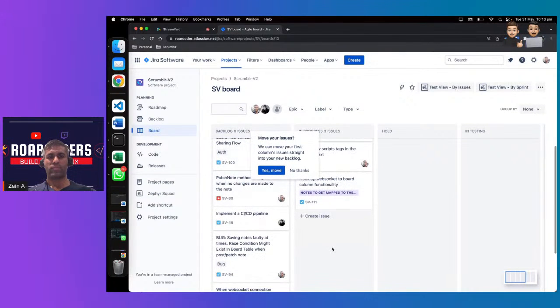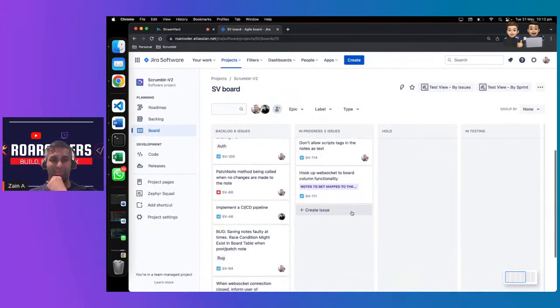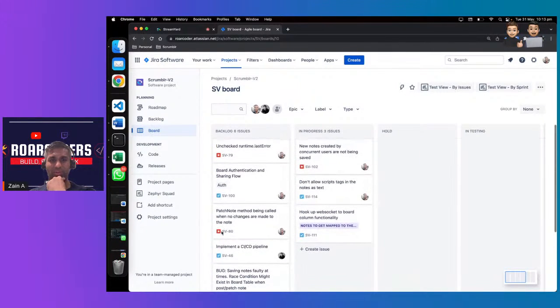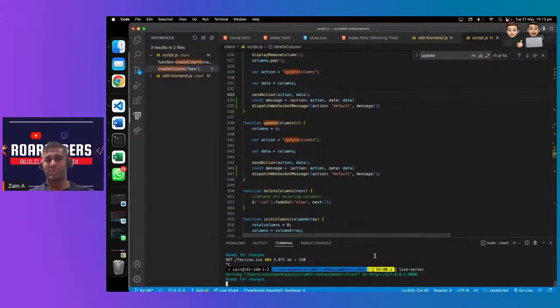Okay, so we have just implemented patch note method. No, oh right, we haven't implemented. We have implemented basically WebSocket hookup. We have actually implemented SV 111. Right, cool. We would have to go and change